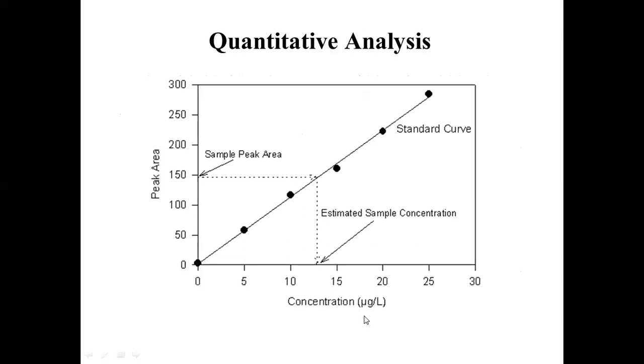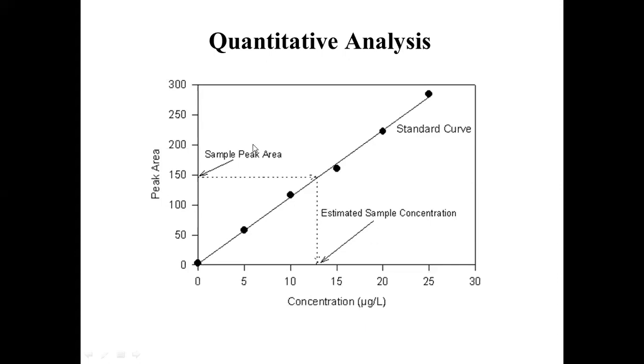You can take a known standard, say for example, paracetamol you have to analyze. You take the standard paracetamol sample, you prepare a series of solutions, and you introduce each and every solution to the chromatographic column, record the peak area. So if you have prepared 0 ppm, 5 ppm, 10 ppm up to 25 ppm paracetamol, for all those 6 solutions, you record the peak area. You plot a graph of peak area versus concentration.